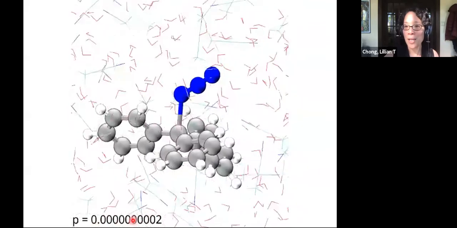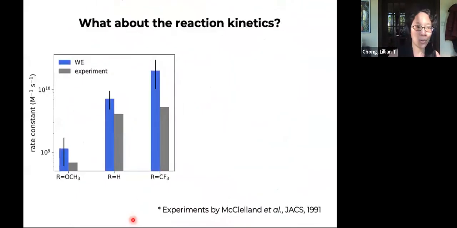And what about the reaction kinetics? So we were able to calculate rate constants that were reasonably converged. In blue are our estimates from weighted ensemble. In gray are the experimentally measured values, which is back from 1991. And we can see that they're in reasonable agreement with experiment, especially since the semi-empirical level of theory was used